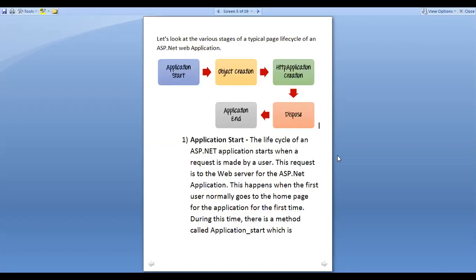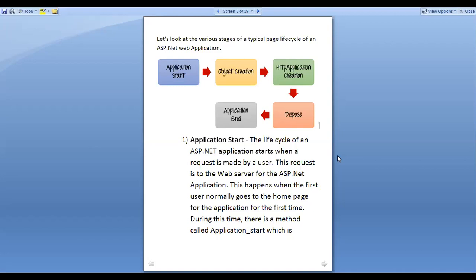The life cycle of an application has a total of 5 stages: application start, object creation, HTTP application creation, dispose, and then application end. First we have to learn the application lifecycle. This is not asked in interviews, but as it is a prerequisite for learning the page lifecycle, I'm taking it first.